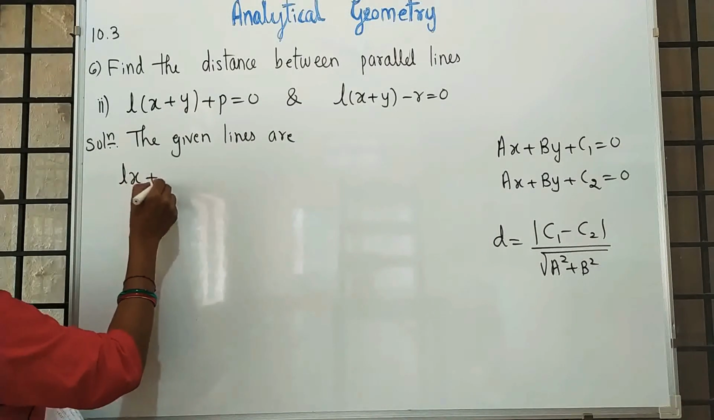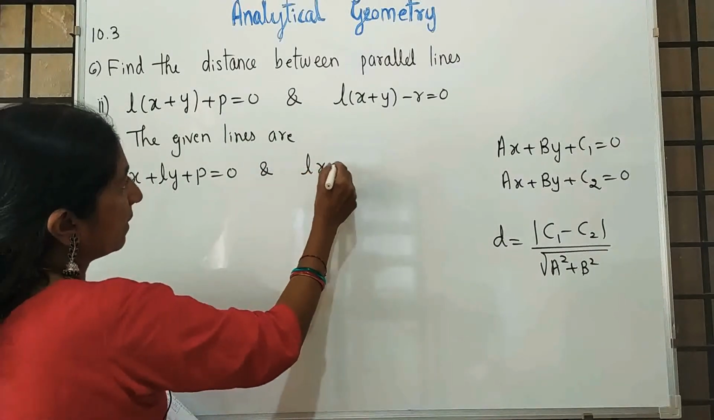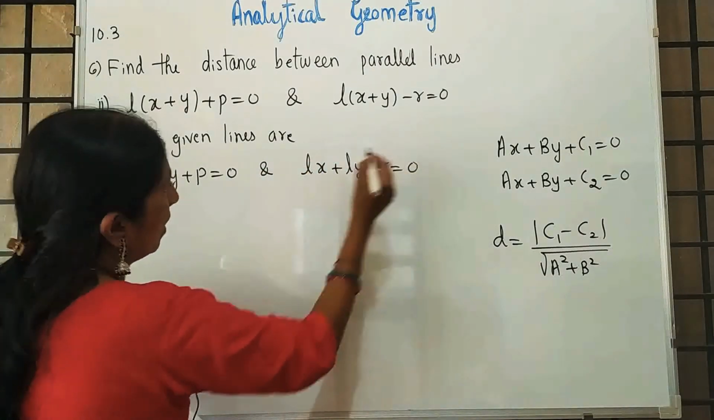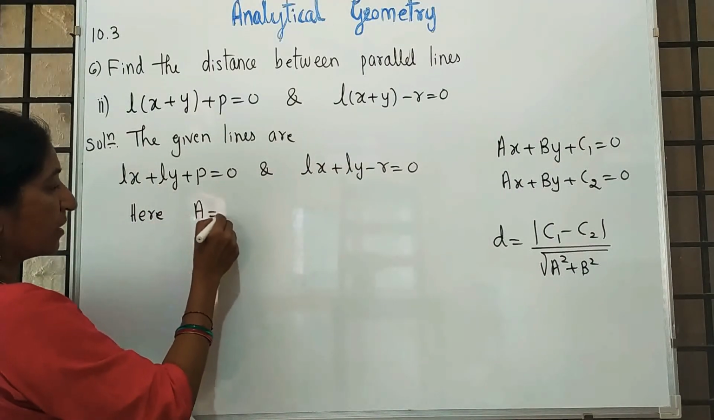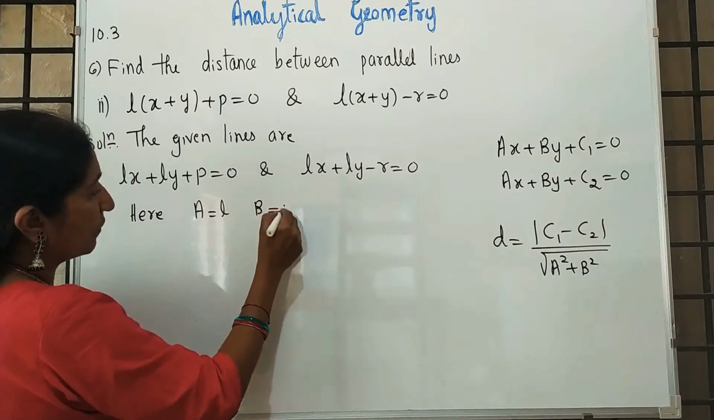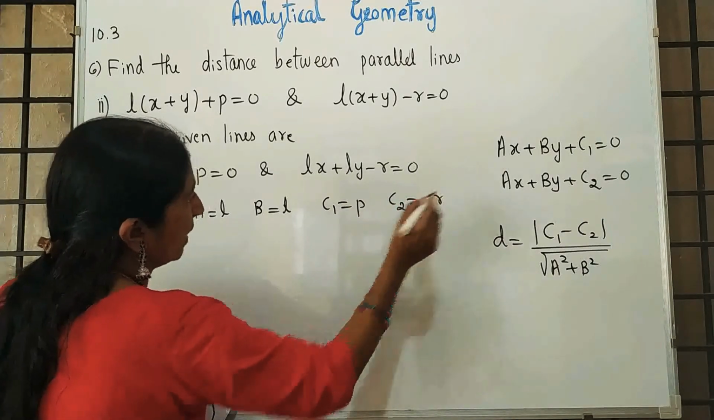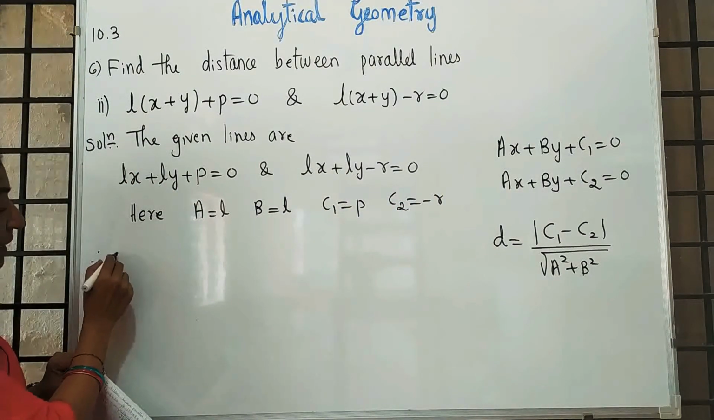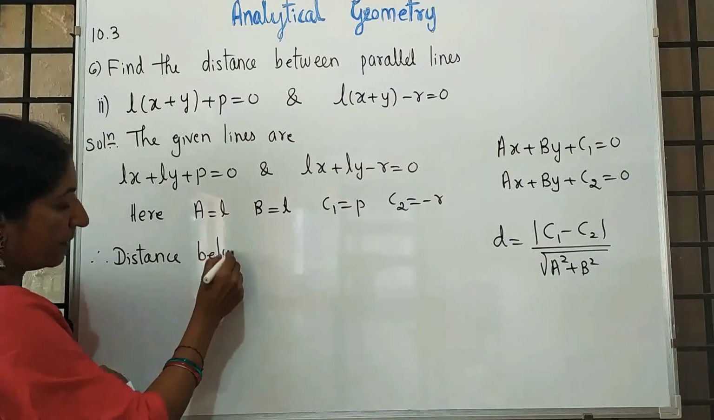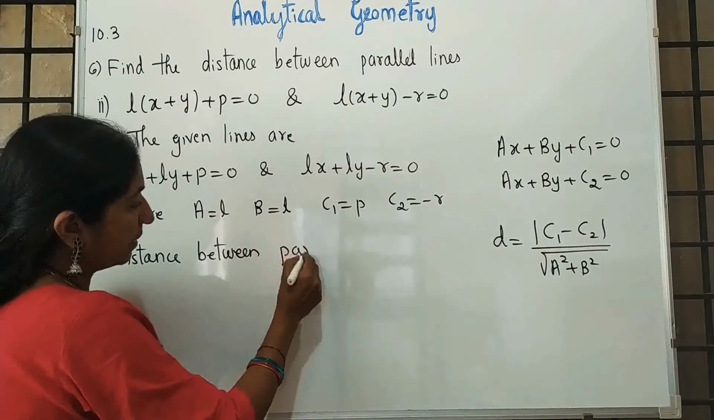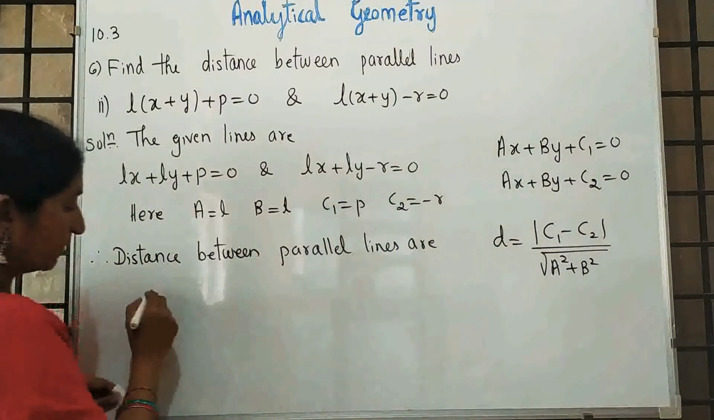Remove the brackets: Lx + Ly + p = 0 and Lx + Ly - r = 0. Here, just compare with the standard equation. A is the x coefficient, B is the y coefficient, that is also L. C1 is p and C2 is minus r. Therefore, the distance between parallel lines is